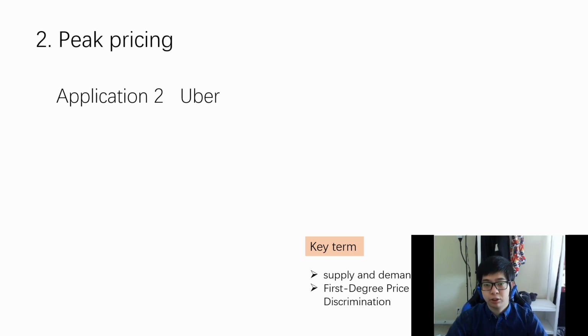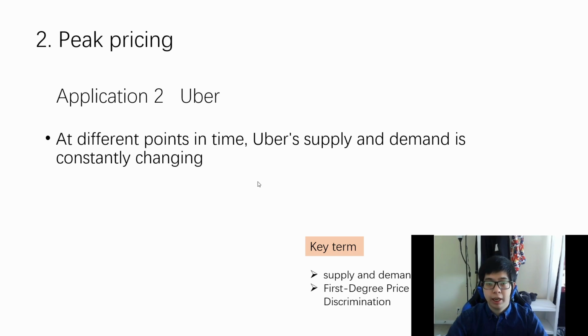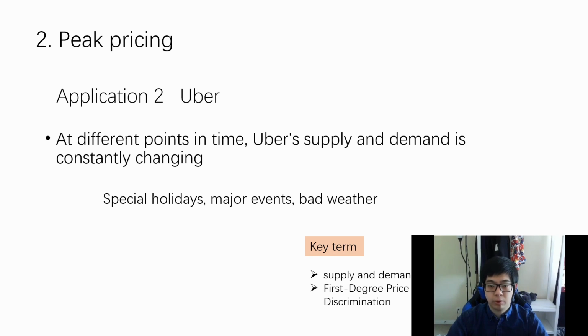Uber's dynamic pricing is transparent and visible to consumers because Uber's supply and demand is constantly changing depending on the real-time demand and supply. In terms of demand, the demand for Uber increases at specific times. As a result, dynamic pricing is most common during rush hours on Friday and Saturday nights. In this case, Uber raises the taxi price and the consumers who can accept high prices choose to call a car, which reflects first-degree price discrimination in the application of Uber.